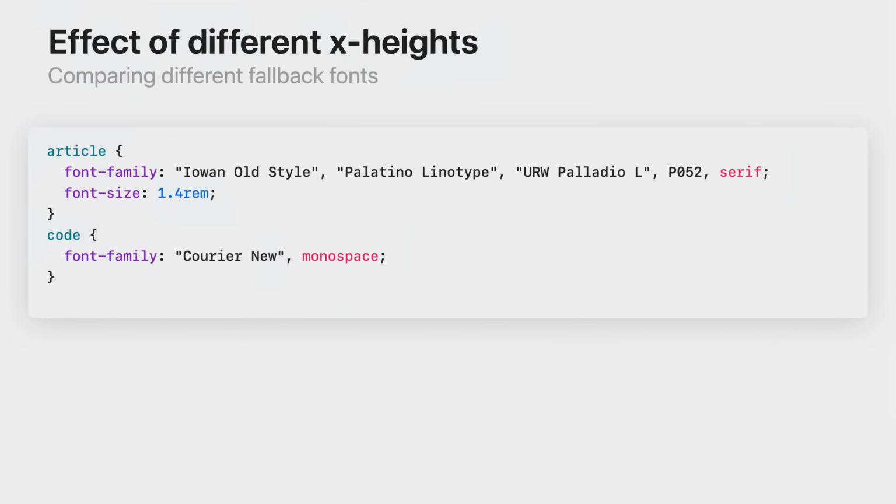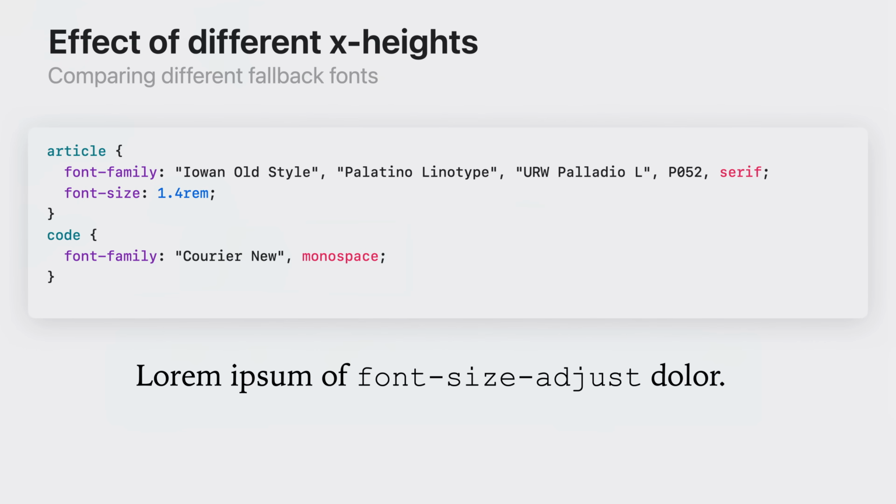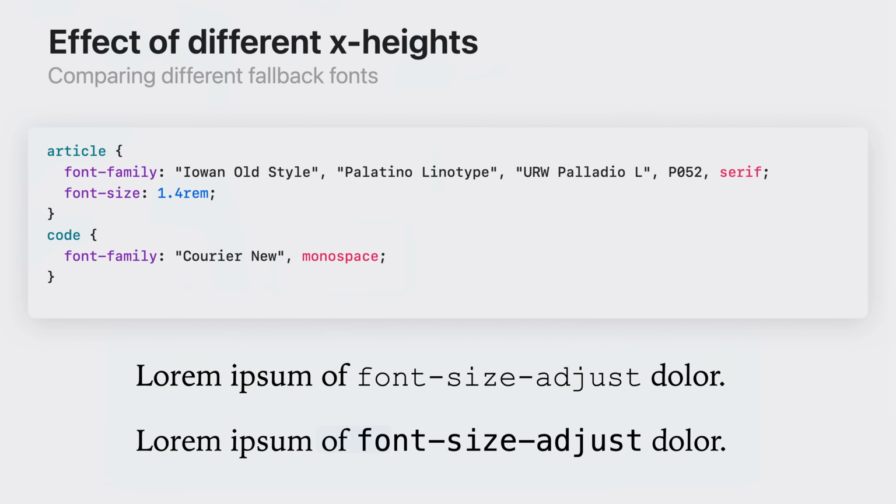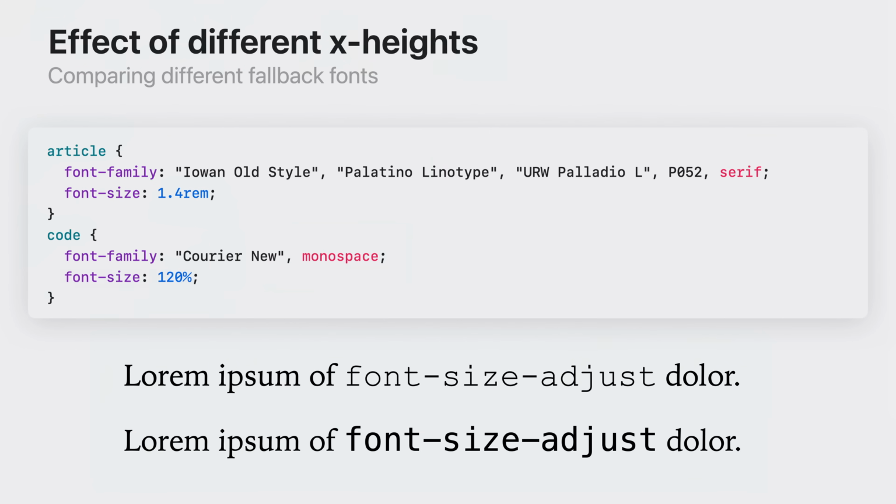Here, I've got an example where I'm typesetting an article with font size 1.4 rem, and I'm defining a simple font stack for any code that's inside that article. You can see how the code looks smaller than the paragraph text. It's especially noticeable if you compare the Fs. If the code falls back to monospace, then it looks bigger than the paragraph text. We can try to compensate by adjusting the font size for code to be 120% of the article font size, which might even out the sizes when Courier is used, but if the browser falls back to monospace, then the code ends up even bigger than the paragraph text.